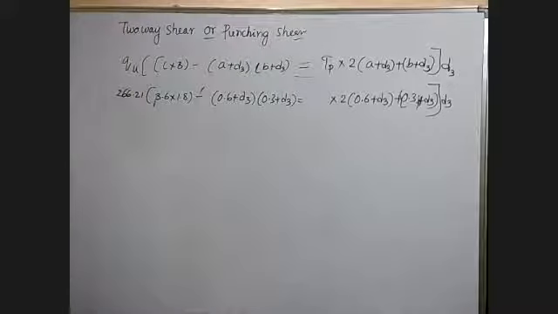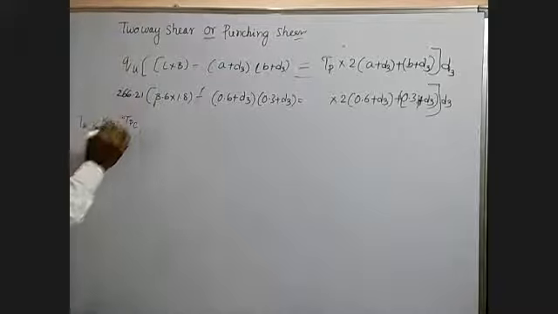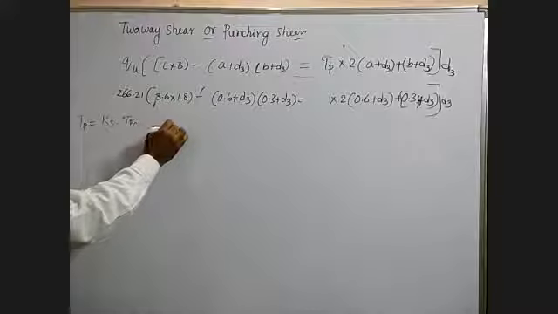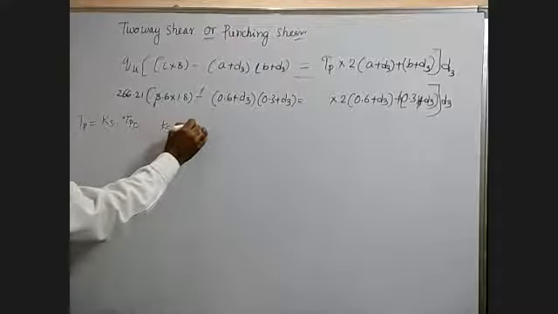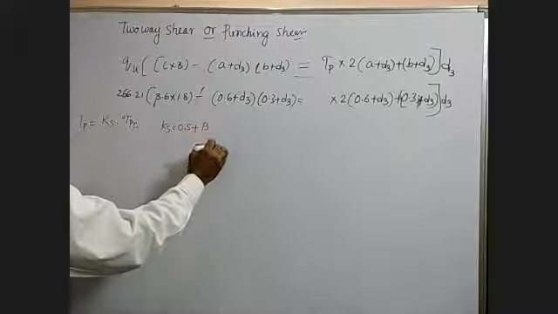Now we are calculating the D3 value. Now equate this. The tau P value is equal to Ks into tau PC, whereas Ks is equal to 0.5 plus beta. What is this beta? Beta is equal to